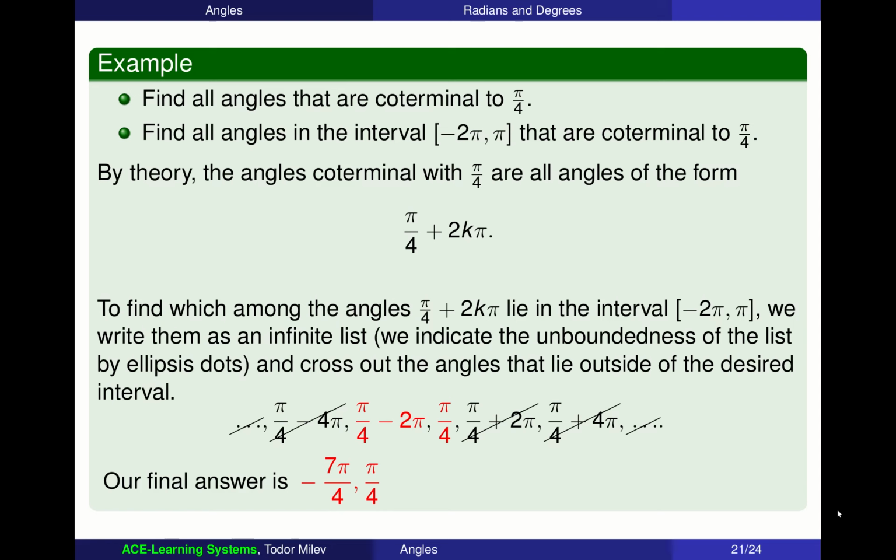Now, I want to point out something. At first glance, this procedure looks deceptively easy. However, this procedure will arise as one step of solving a much more complicated trigonometric equation problem. So later on, we will study tricky trigonometric equations. And